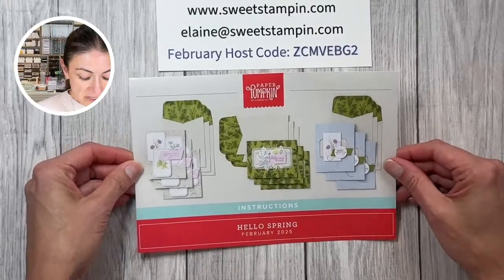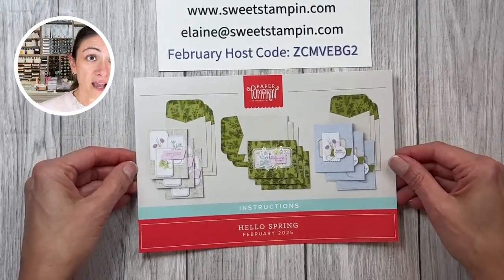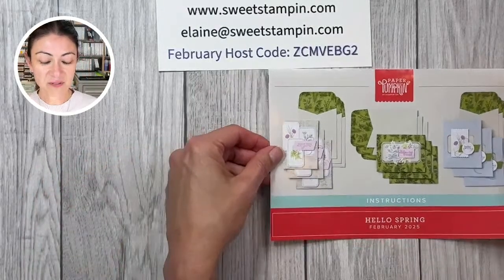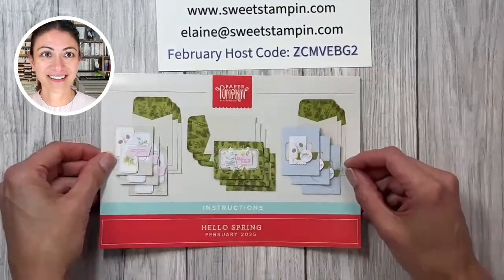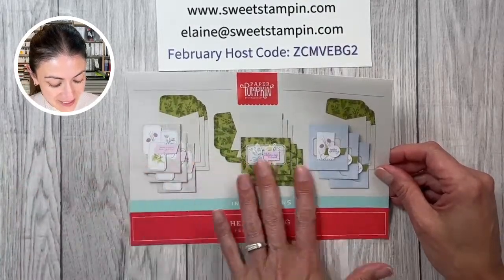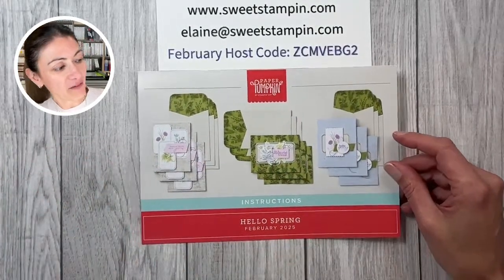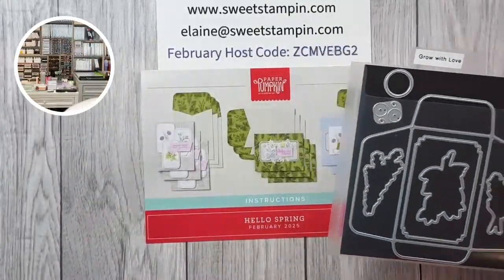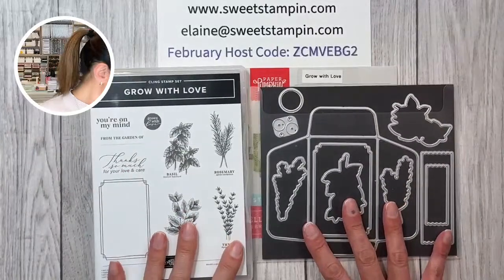So here are the instructions for the Hello Spring kit. I should just scoot over here, except I'm off center. Okay, and it coordinates with the Grow with Love bundle. And this bundle,